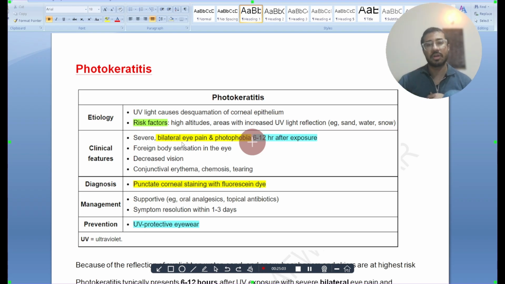Now also we'll give it a read. Severe bilateral eye pain and photophobia 6 to 12 hours after exposure. Foreign body sensation. When I was in the eye department, he used to say all the patients that came in the eye department with a foreign body sensation, I just want to mention it, they used to express it as